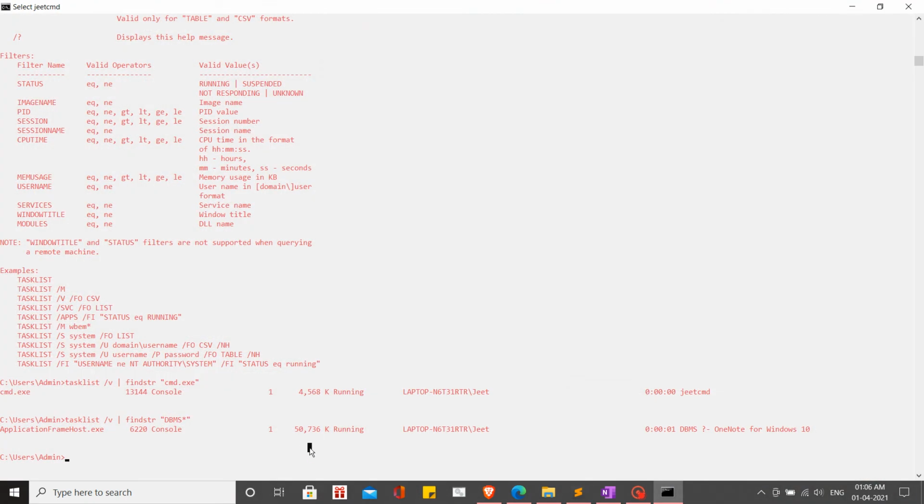Fine. So like this you can basically find the image name along with the window title, right? Here you get the window title like this, and what the star is doing is that it basically matches anything after DBMS. For our case it was DBMS, and then all of this was covered by the star.